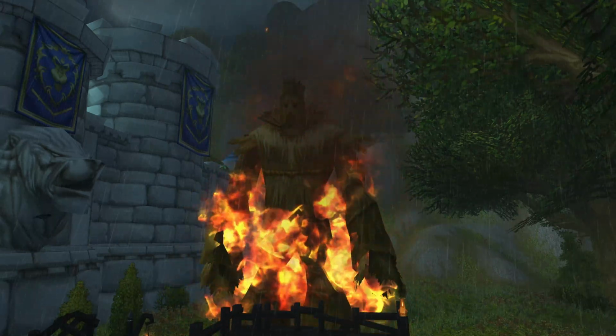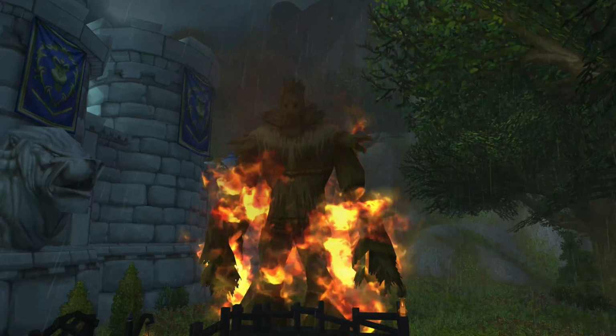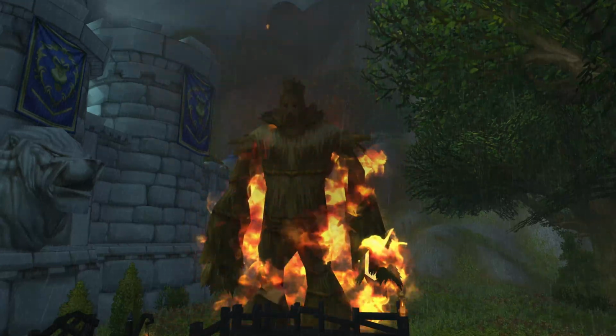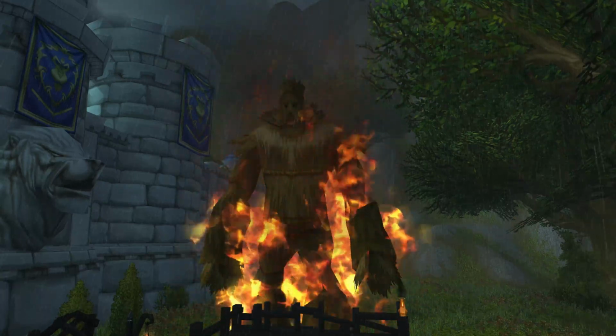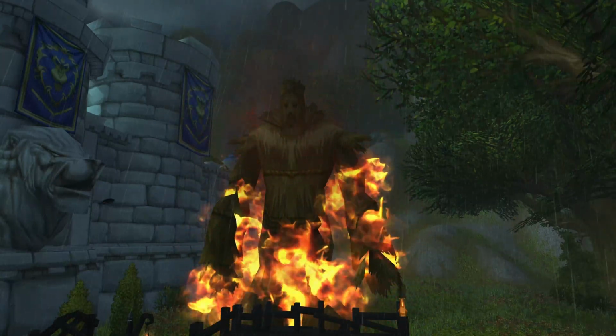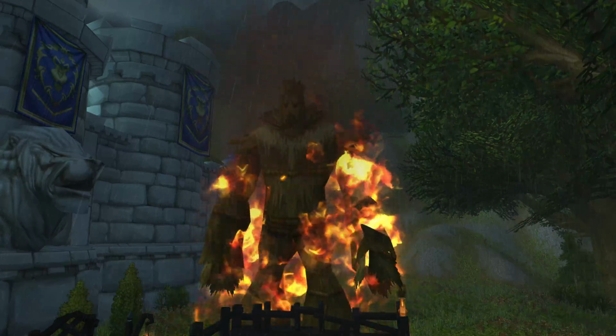Spooky season is upon us. And what better way to celebrate that than to explore some of the creepiest Easter eggs in all of World of Warcraft? These are by no means all of the spooky Easter eggs, but these are just some of my favorites. So let's start with